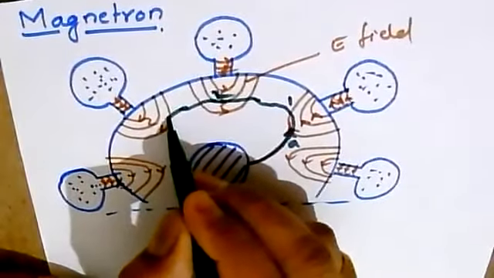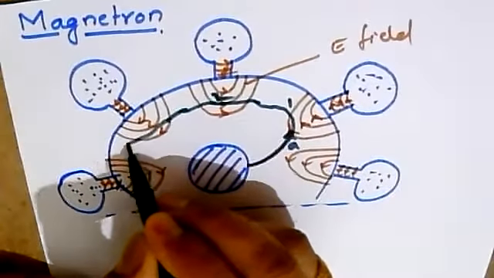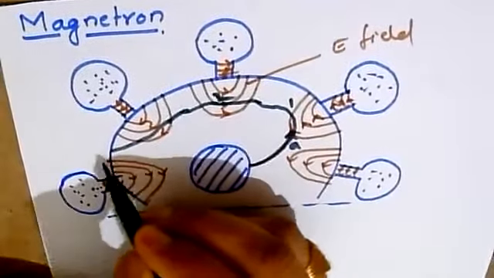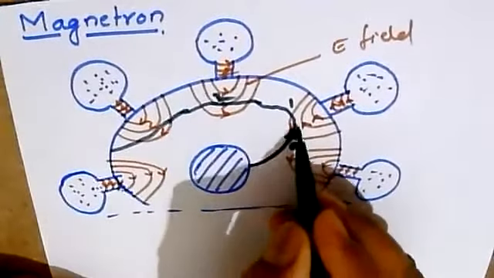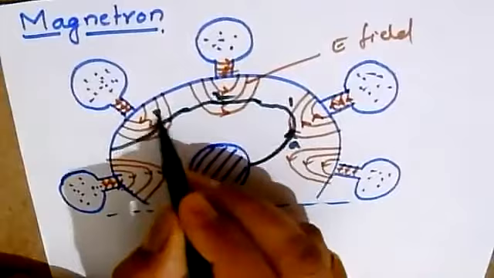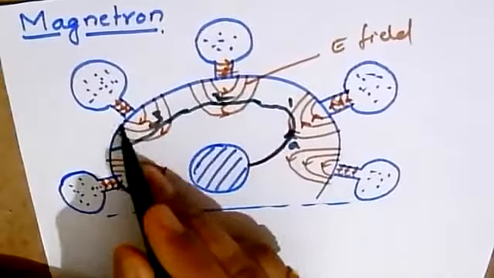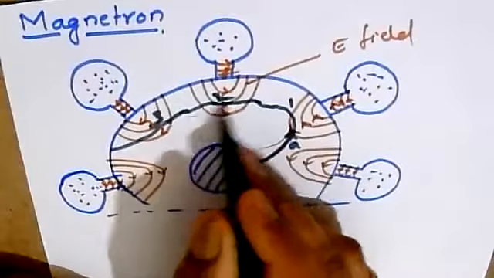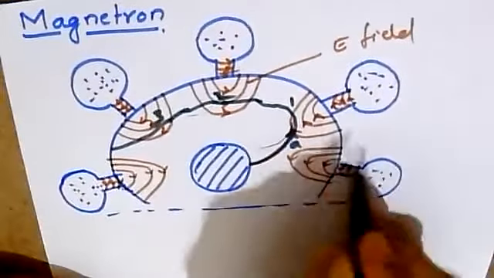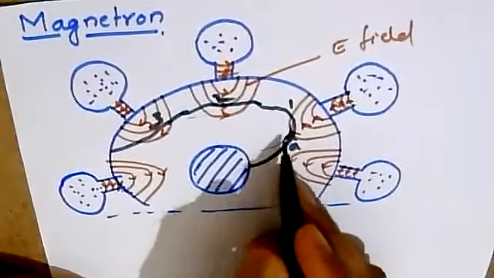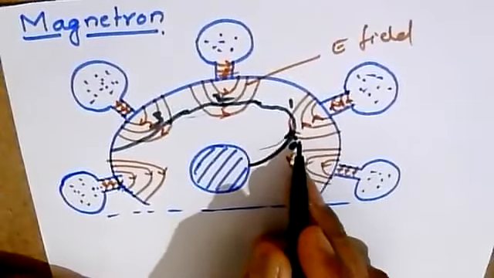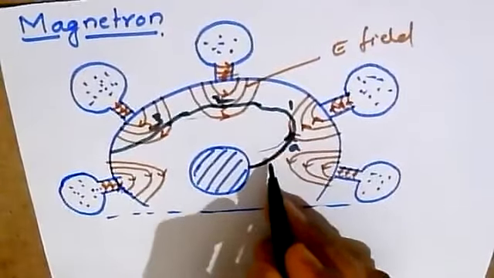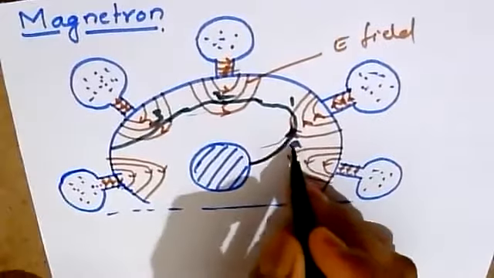So this path is continuously taken, and finally it reaches the anode over here. See how the path is being affected: 1, 2, 3. As it keeps on passing through the electric field, it starts giving the oscillations. Thereby oscillations are generated. So this is the trajectory path of electron A.